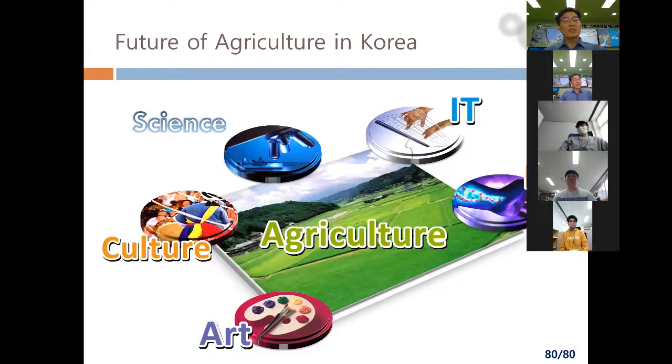Agriculture is not a simple industry that produces food. That is the future image of agriculture in Korea, which I am expecting: integration. On the basis of IT, BT, ICT, and science, smart farm technology will create the rural landscape with culture and art, data generation, cloud computing, and so on. Several technologies will be merged, and all the components will be connected to achieve sustainable growth of agriculture and the dream society.